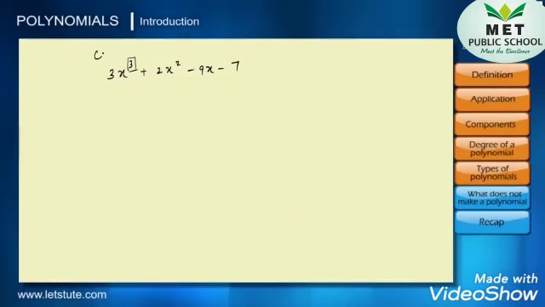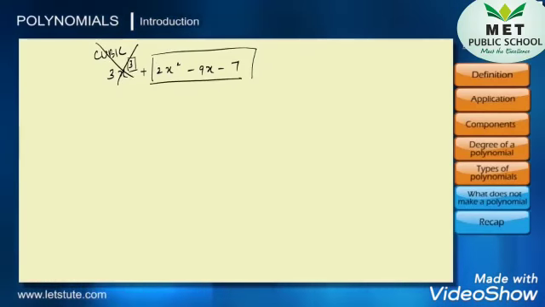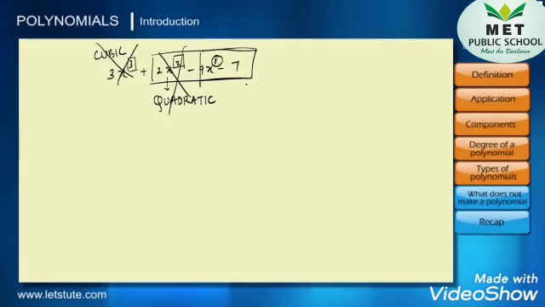Here is an example with degree 3. Such types of polynomials are called cubic polynomials. Let us assume there is no first term, then you are having the equation with the highest degree 2. And this type of polynomial is known as a quadratic polynomial. If I consider 2x square is not there, then I am having the expression minus 9x minus 7. So here you are having the variable with the highest degree 1. So a polynomial with the highest degree 1 is known as a linear polynomial. So here you have seen 3 types of polynomials: cubic, quadratic and linear.